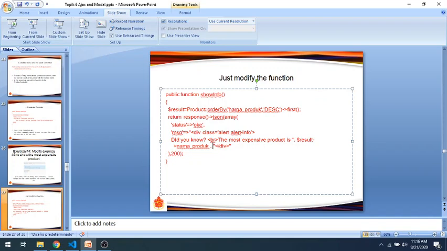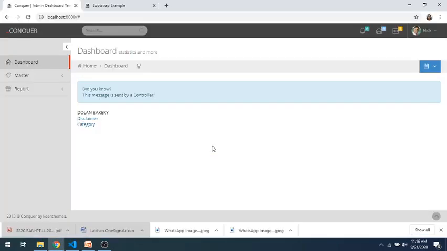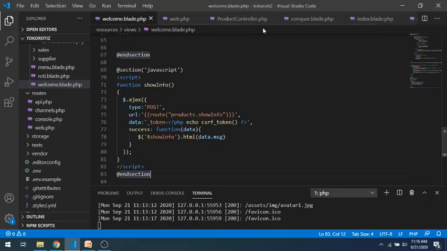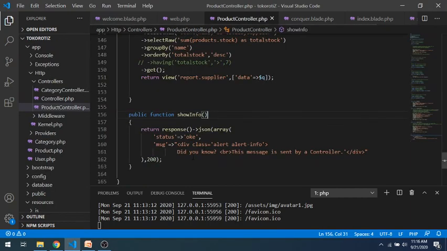The most expensive product is nama product. We will put the price in our code. We copy it first. Okay, put it here in show info.